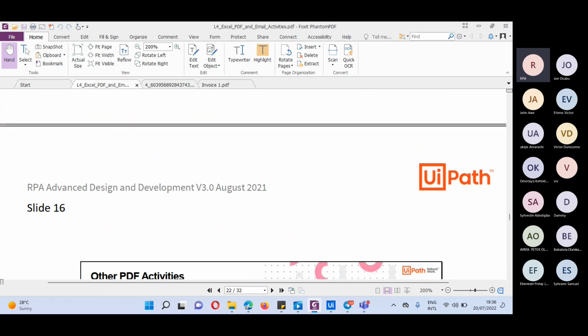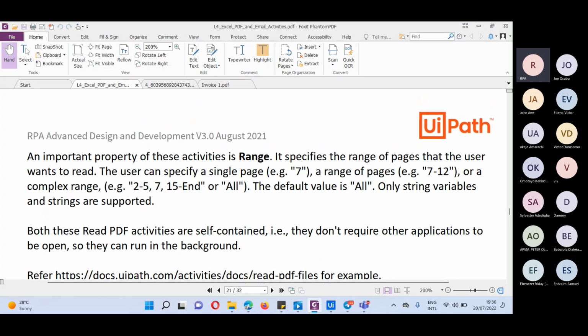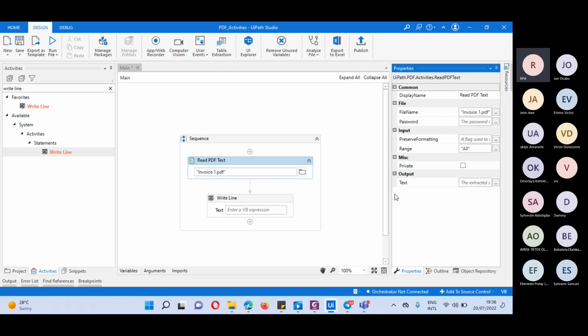You can set all of that here at the property panel. It's not a serious issue, so let's create a variable for this